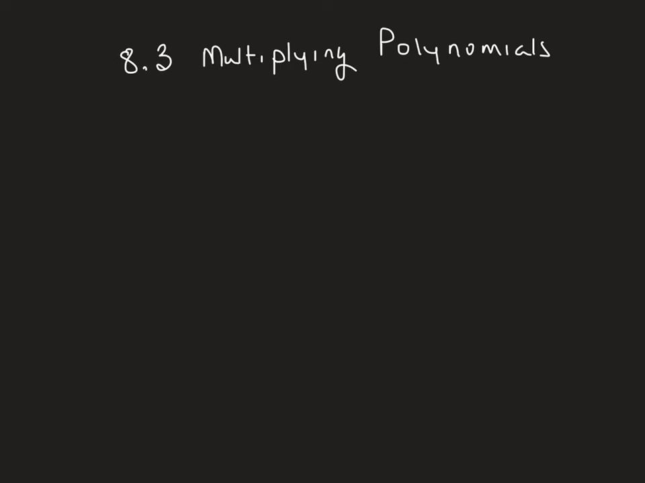In the previous section, we looked at multiplying a polynomial by a monomial. In this section, we're going to multiply binomials together, or polynomials together, and we're going to start with binomials. So let's look at how we would multiply two binomials, and we're going to do it using the distributive property to start with. If we have y plus 8 times y minus 4,